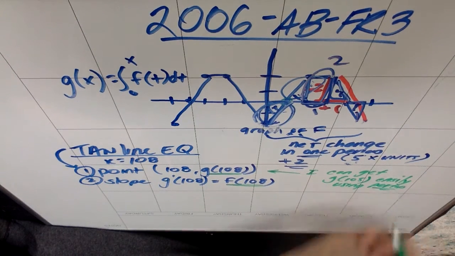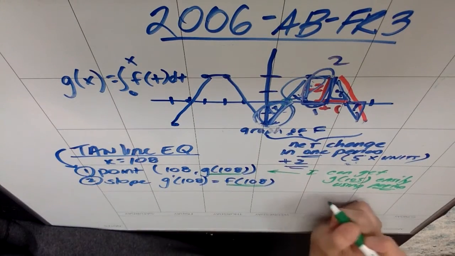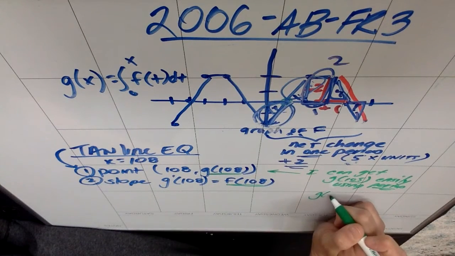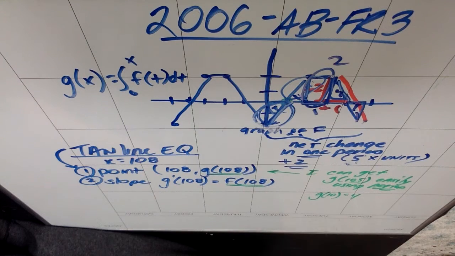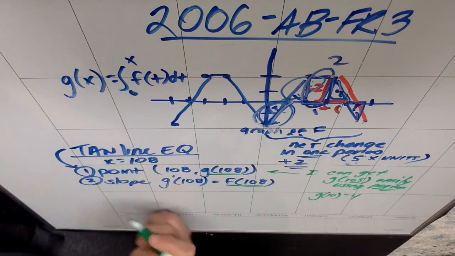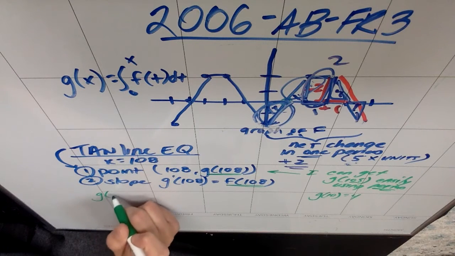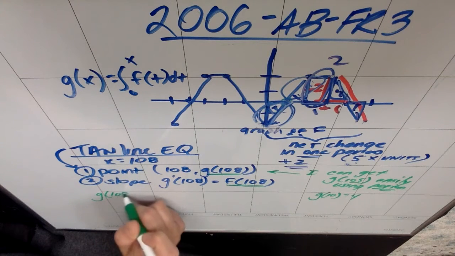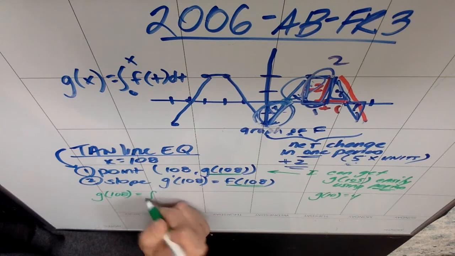because we've said the period's every 5. I picked 105 because I know the value of g of, let's say, 5, or g of 10, it doesn't matter which one you pick. I know that g of 10 was a 4. I can figure out how many periods I need to go to get to 110 from g of 10. So here's my argument. My argument is that g of 108 is the same as the integral from,